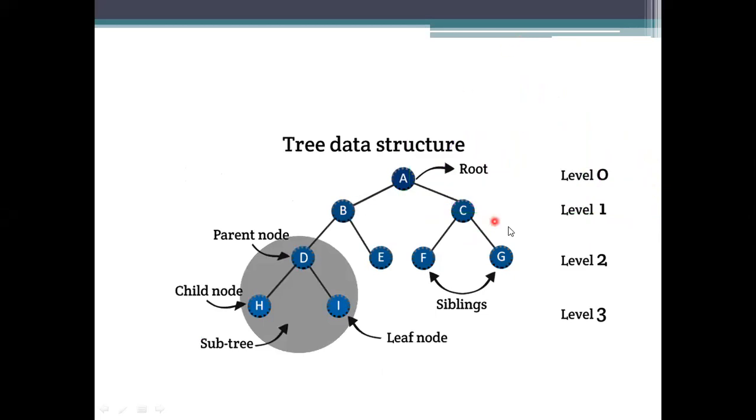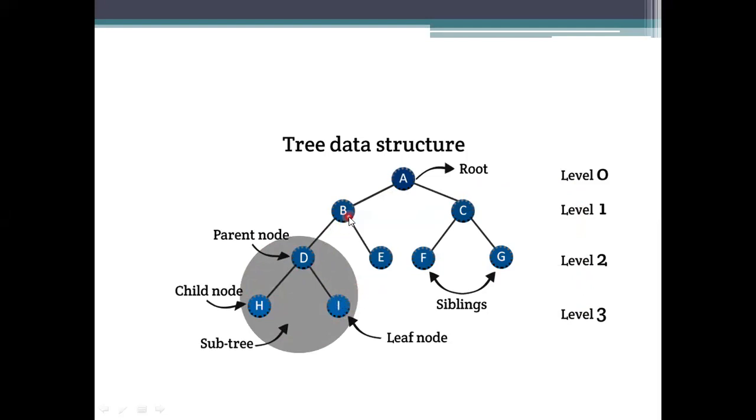See this one. This representation is a tree data structure representation. This tree data structure has elements, which is the root, and they have levels 0, 1, 2, 3. In this representation, the basic things we use for processing are described here. The parent node means a node which has child nodes, at least one child. If you specify it as a subtree, this one will be taken as a subtree. Leaf node means a node which does not have child nodes. If the successor is not there, then it is considered a leaf node.